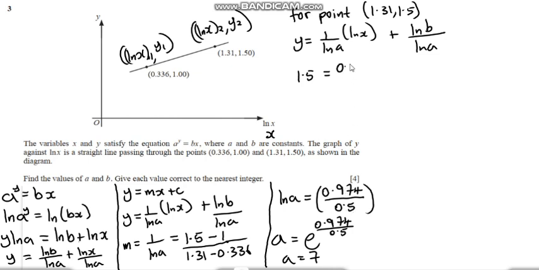So 0.5 all over 0.974. Our ln x is 1.31, plus ln b. In this case we don't know ln b, so we'll leave it as ln b. The entire 1 over ln a is known as 0.5. Remember, we know 1 over ln a here, that is 0.5. So by flipping this upside down,